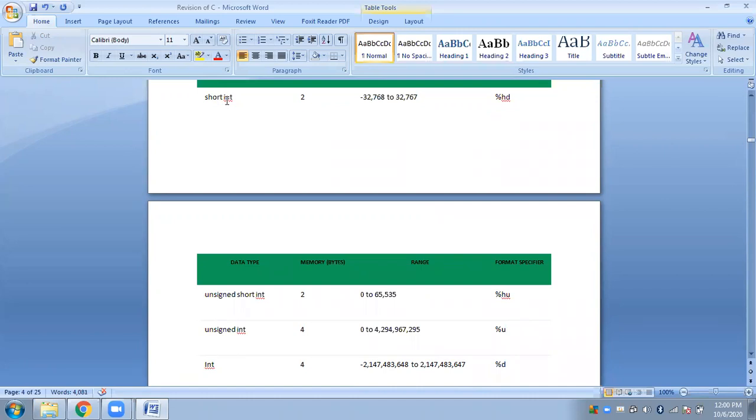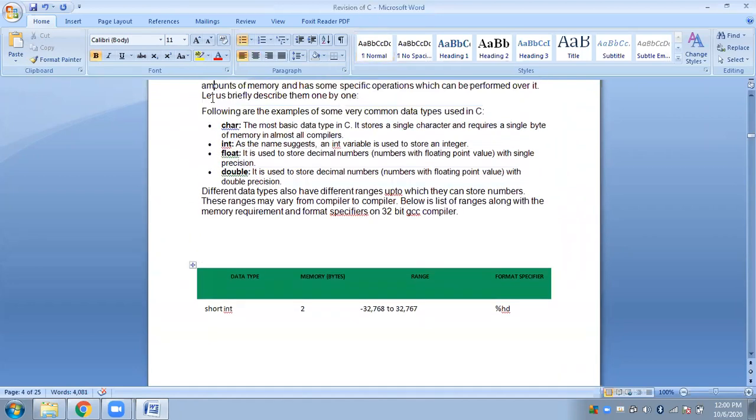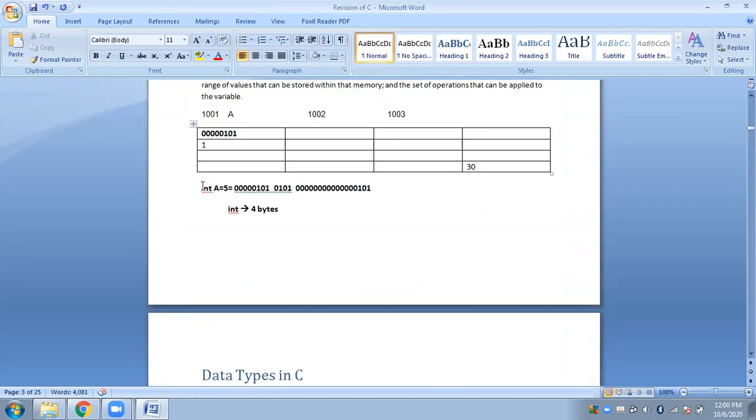For example, in the example I just gave, where I have to store a 5 in a, instead of 32 bits, I can simply store my data using 8 bits, or a maximum of 16 bits is fine. But why do I need 32 bits for that particular small number? So in such cases, we can directly make use of the short int keyword. If I simply write short int, just remember one thing, C is case sensitive and keywords are always written in small letters.